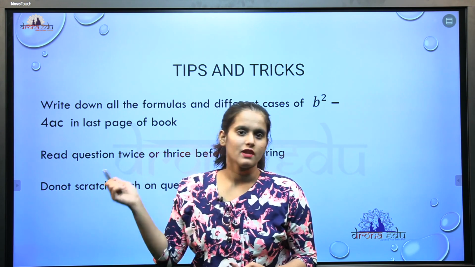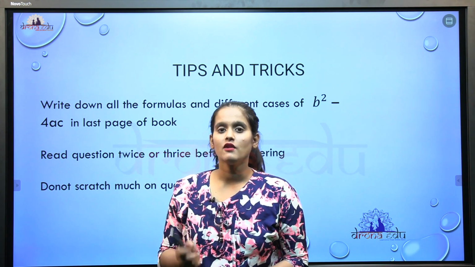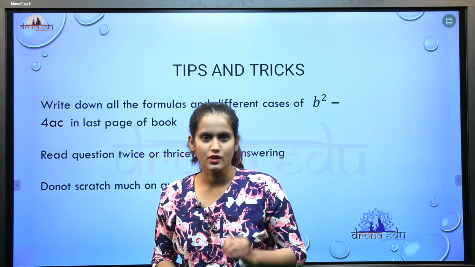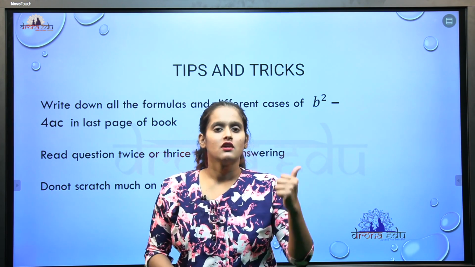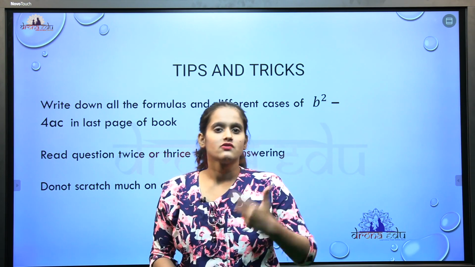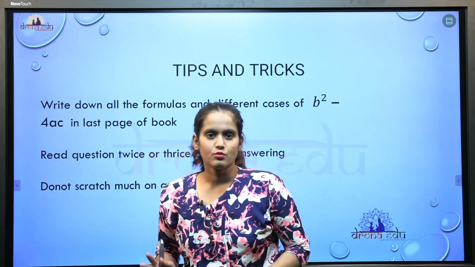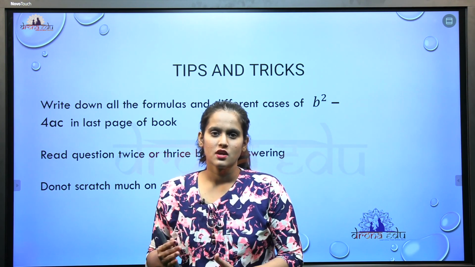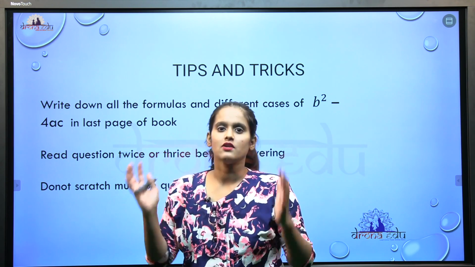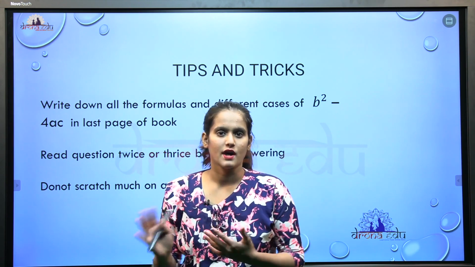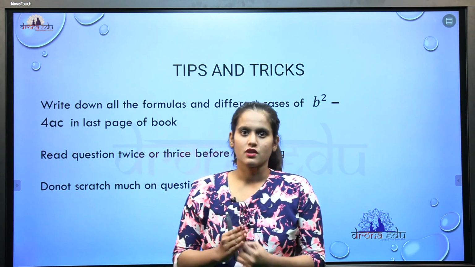All this and the formula which is x is equal to minus b plus or minus square root of b square minus 4ac, by 2a, and all those three cases: when b square minus 4ac is greater than 0, when it is equal to 0, when it is lesser than 0. All these formulas in the notebooks. So before going to the exam, just see the formulas enough. You'll get the idea of the concept and you can write it easily. This is the first most important tip I want to give you.